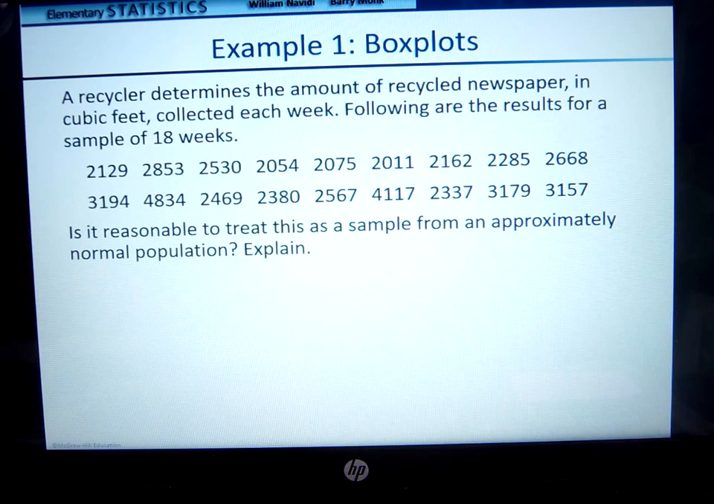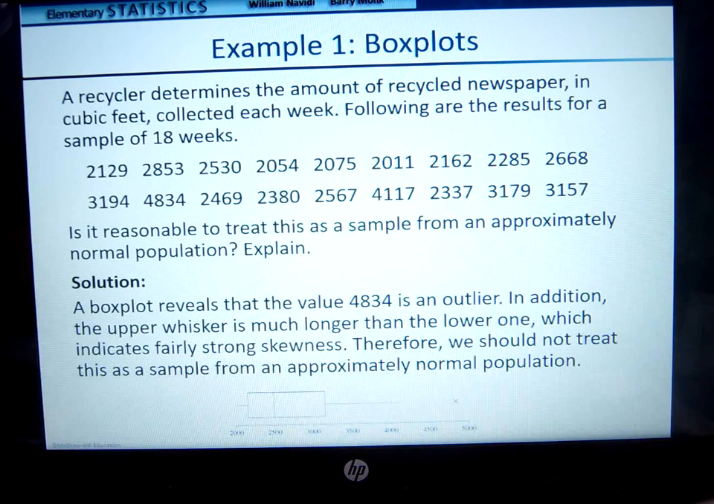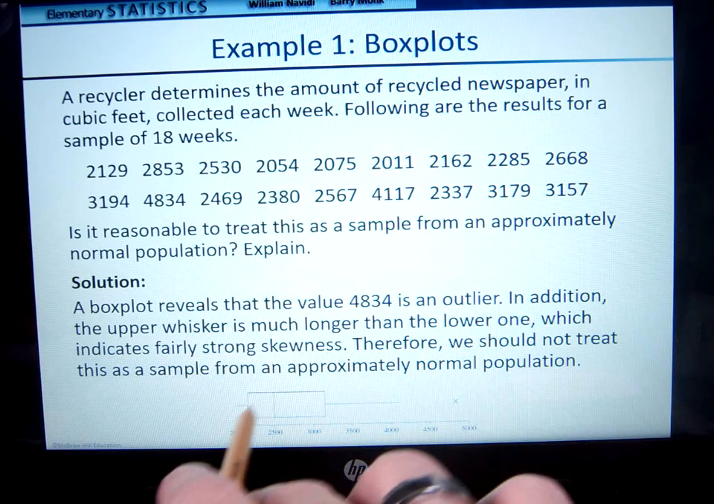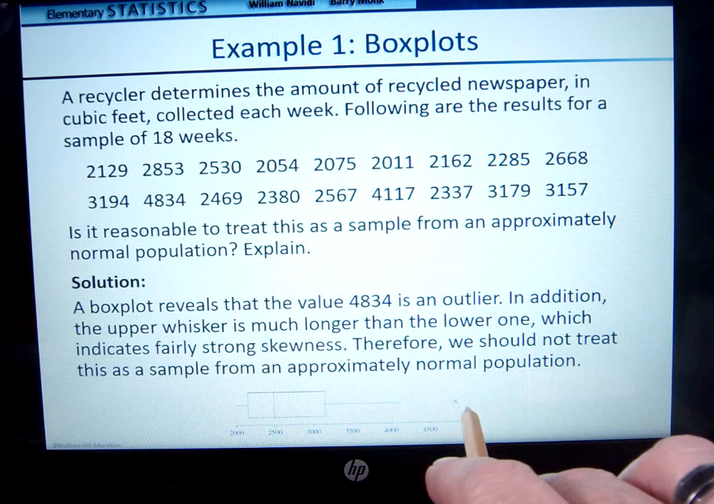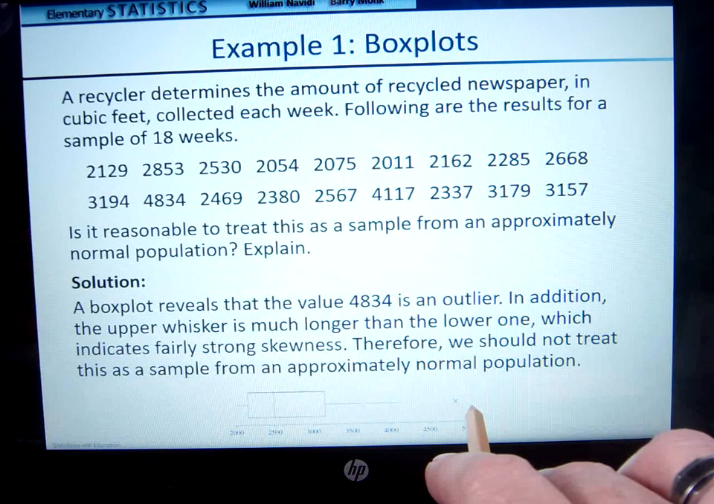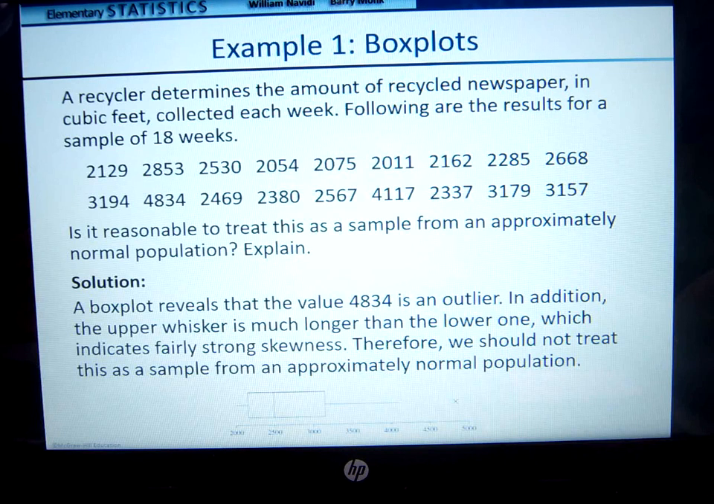A recycler determines the amount of recycled newspaper in cubic feet collected each week. The following are results for a sample of 18 weeks. Is it reasonable to treat this as a sample from an approximately normal population? All right, let's take a look. Here we have the box plot, and notice in this box plot it is heavy to the side, and we have a long whisker here, but we also have this outlier on the end. As soon as we see this outlier, we can say that it would not be treated as